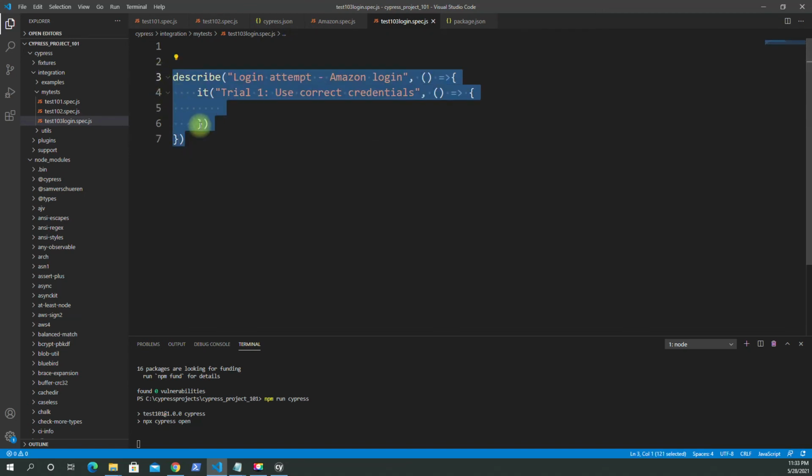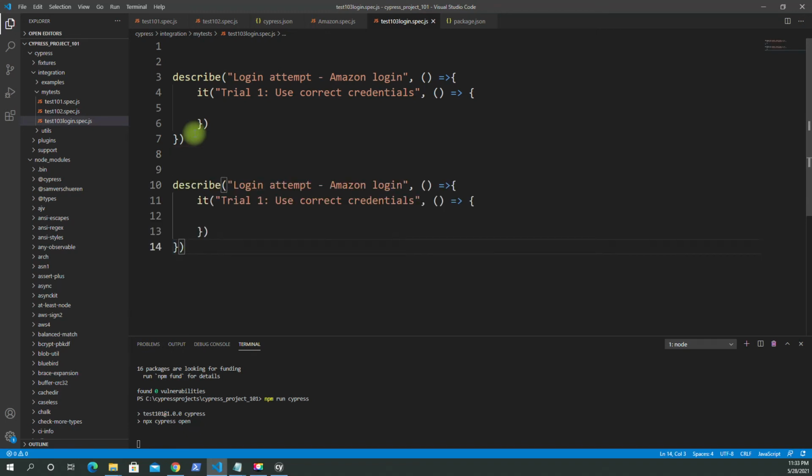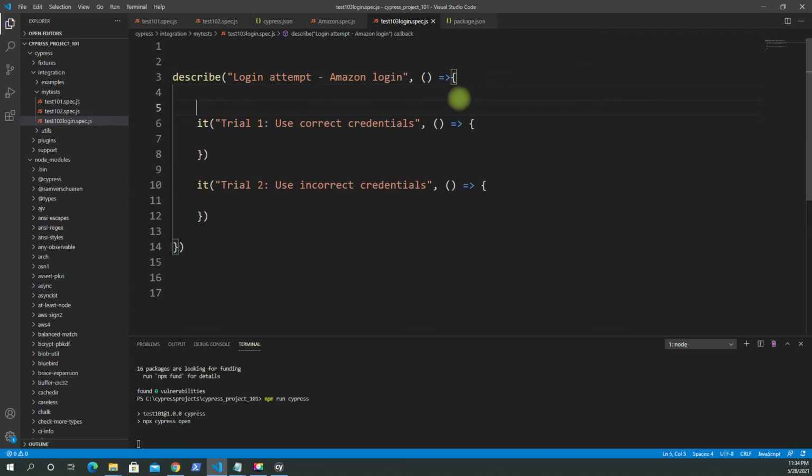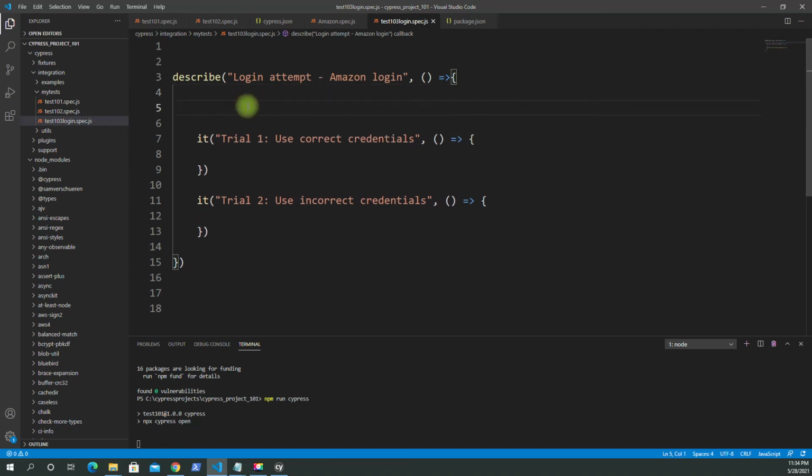Now this is the first test, and we can do another test with it like that, or we don't need to do this, we can add another case right here. So this is going to be the second test case. So this is going to be named trial 2, use incorrect credentials. All right, now before I use this, so let's push this down. I just need one time